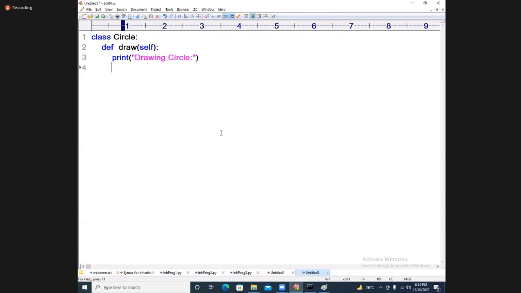Drawing what? Circle. This is the method defined inside the class called Circle. Okay. Now next command, class Rectangle. I am taking Rectangle.